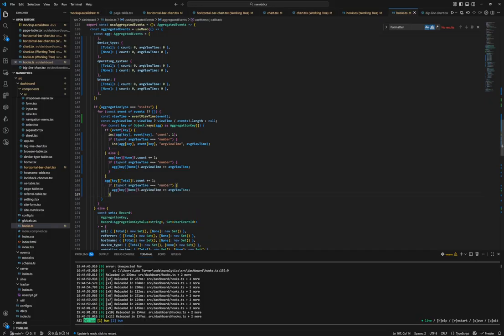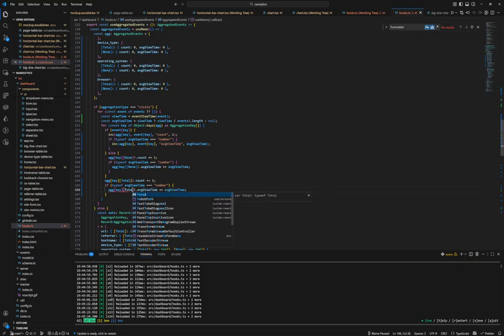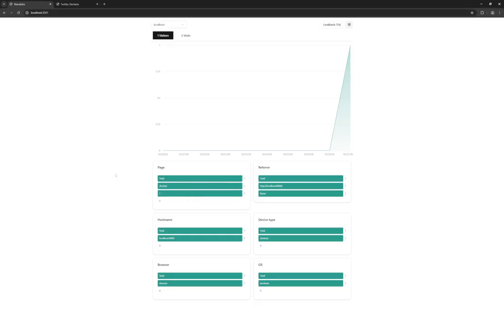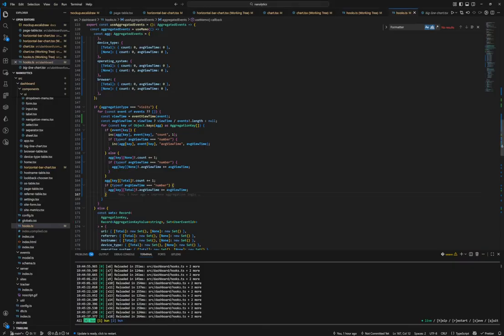And this would be total. Okay, that's a thing. That actually should work for the visits aggregation type, not the other one though. Let's take a look. First of all, why did these, oh, one sec. Okay, so